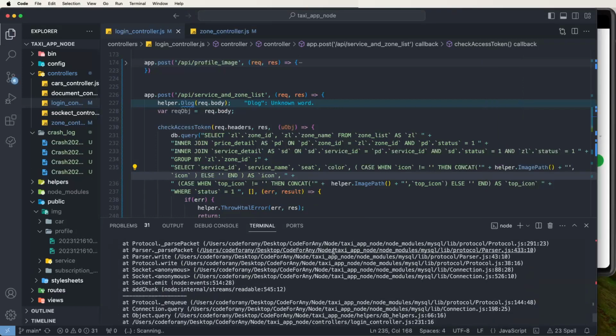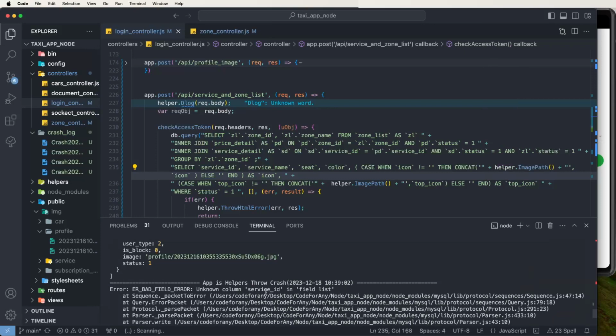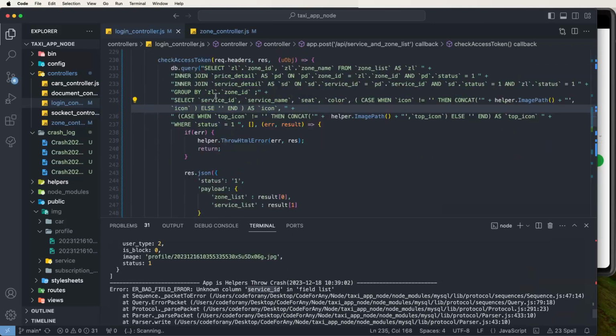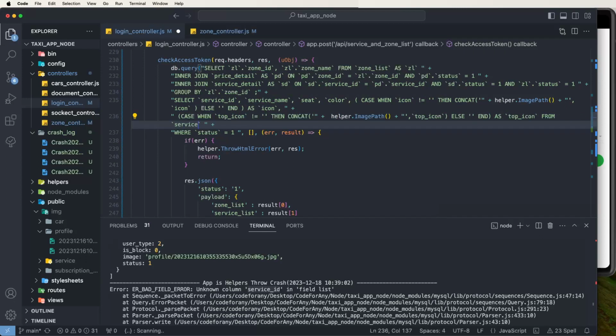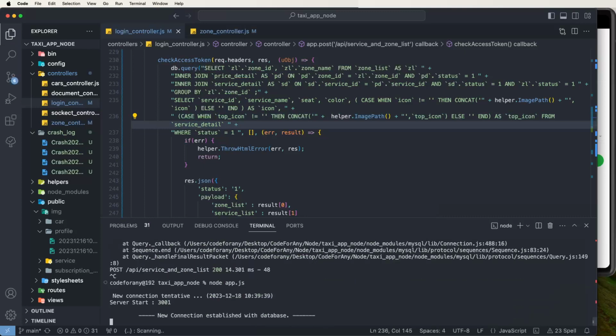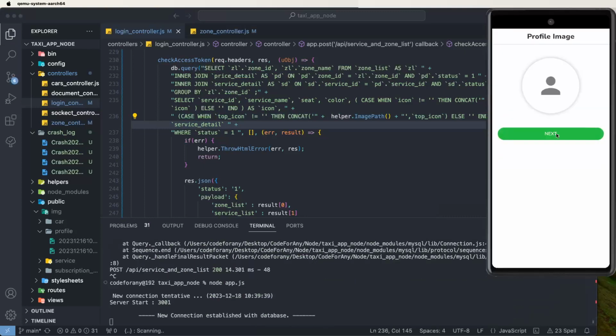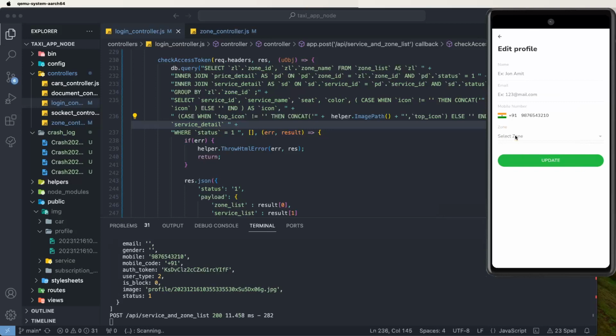Hence need to ID typo errors and to against. Now need to get here